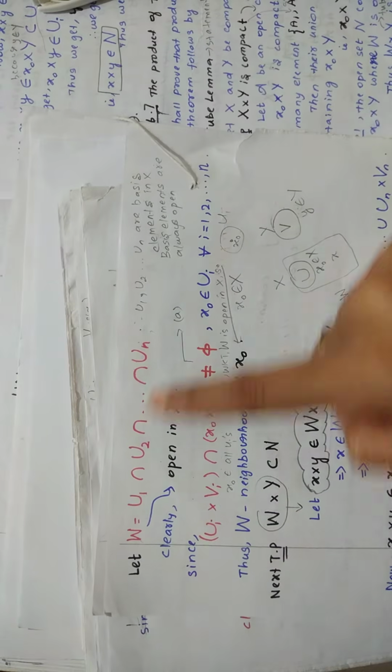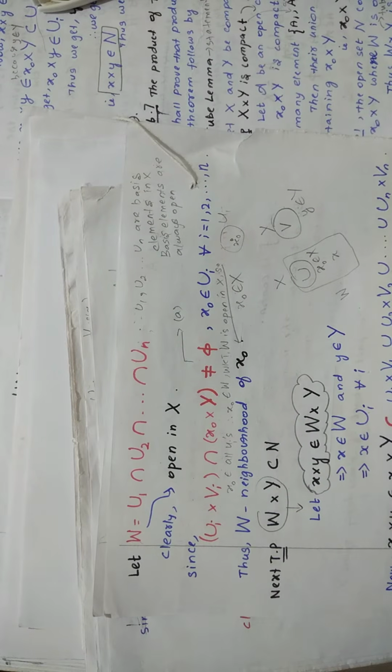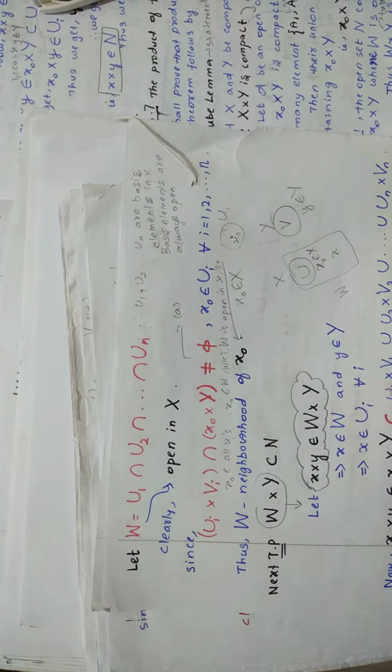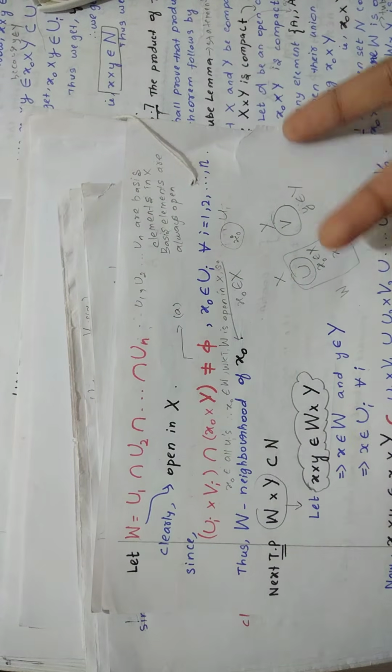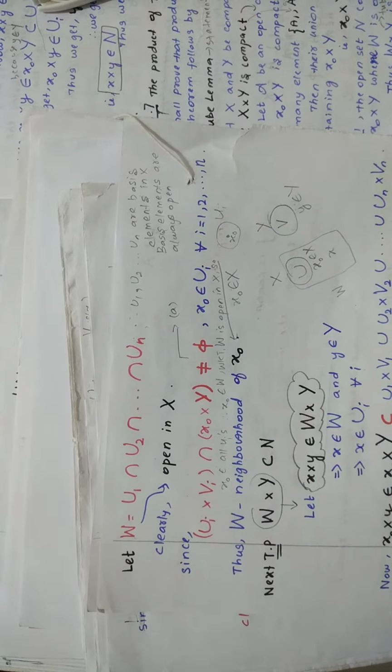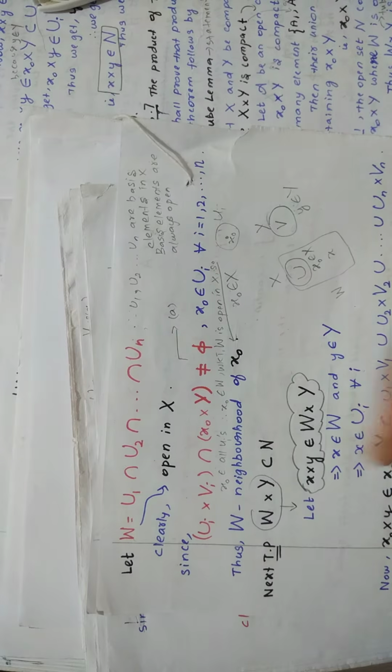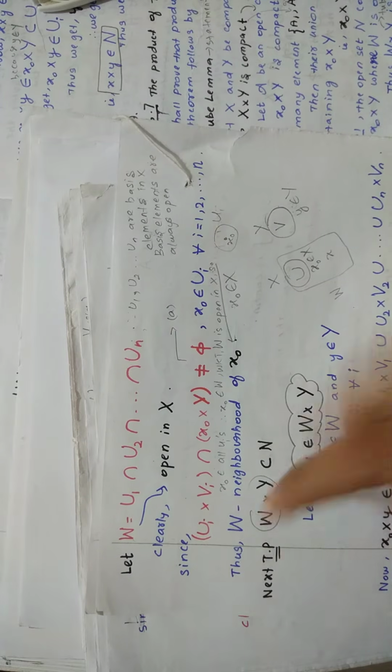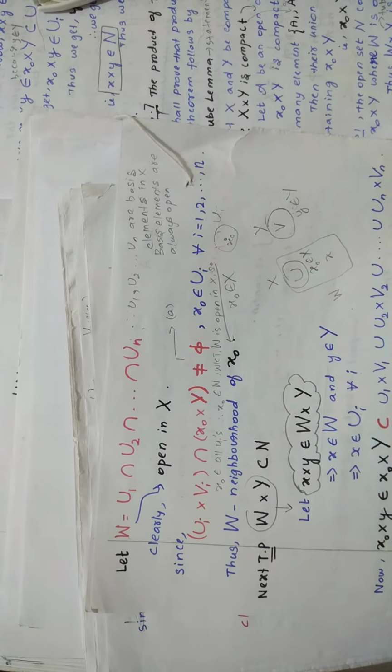You know that u1, u2, un are the basis elements, right? Basis elements are always open. So that is why these are open in X. If these are open in X, clearly you can say W is also open in X, right? Because both are equal. So that is why you are writing clearly W is open in X in this line. Now, in the next line you will write, since this is not equal to empty,